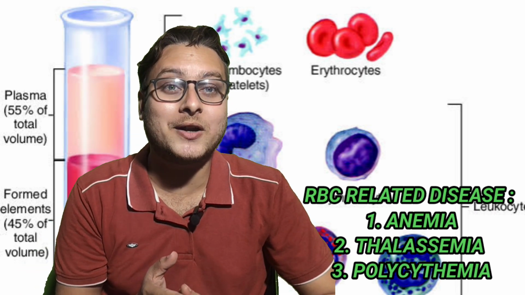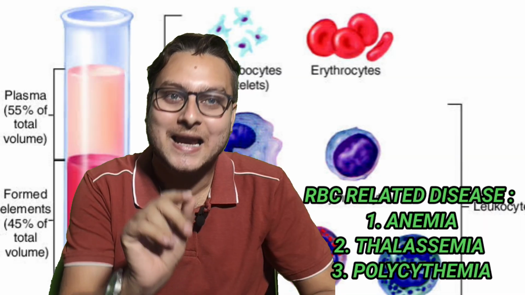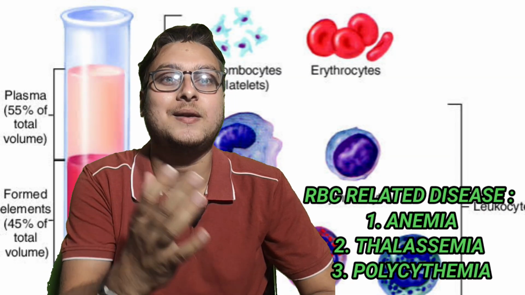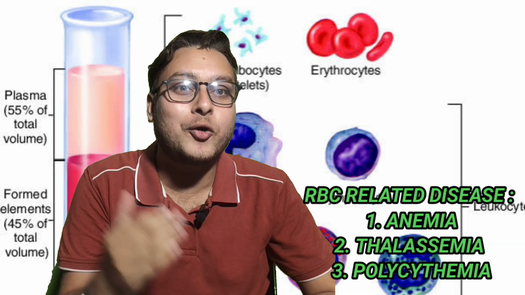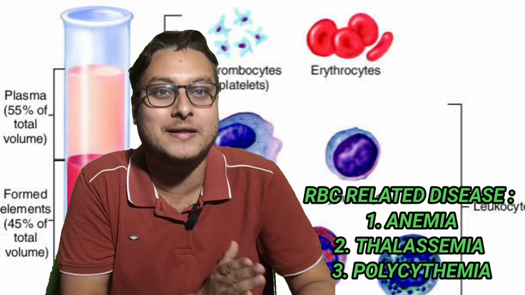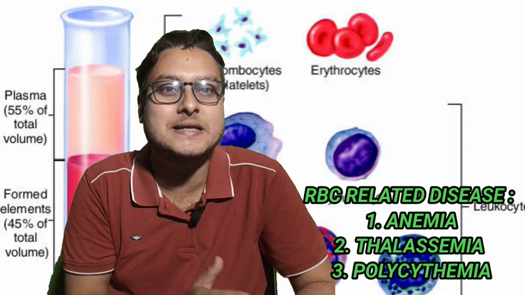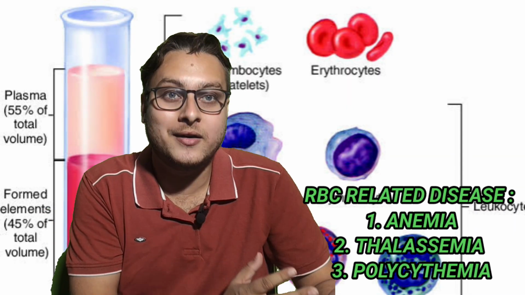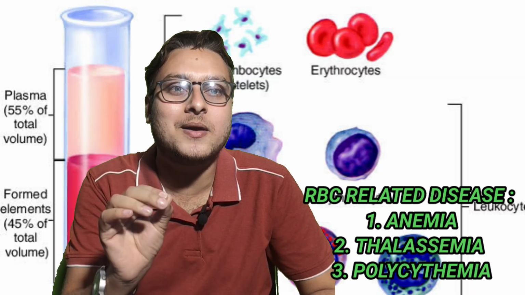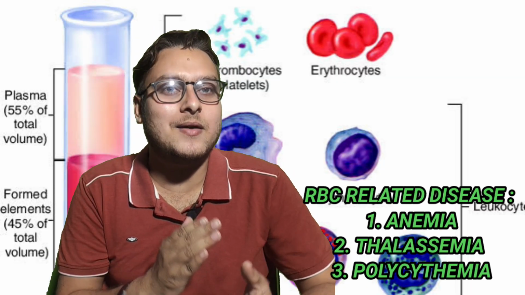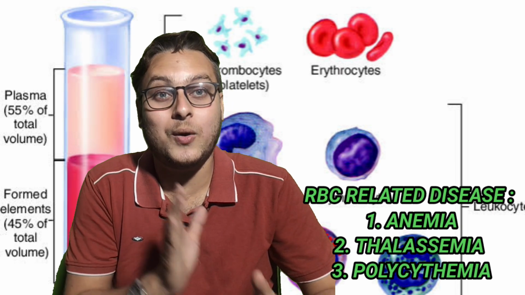The second most important disorder related to RBC is thalassemia. We all know that thalassemia is an autosomal recessive disorder, and before marriage we all need to check our hemoglobinopathy, or we can call it HPLC or hemoglobin electrophoresis, to detect any abnormal hemoglobin-related disorder, and among them thalassemia is the major one. In the case of thalassemia, anemia occurs,